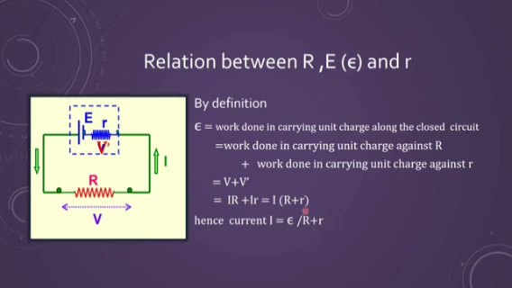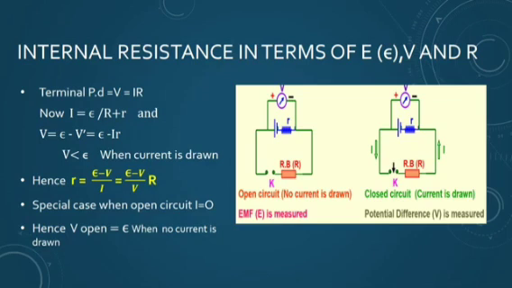So this is the value of the current which is there in the circuit, and in this formula I am using EMF, external resistance and internal resistance. So this is the relation also when I am finding the current. Now if I want to write it in terms of the terminal potential difference, of course you know that when I take the potential difference across the circuit, when the key is closed, it means circuit is closed. Now this is another way to show you the circuit.